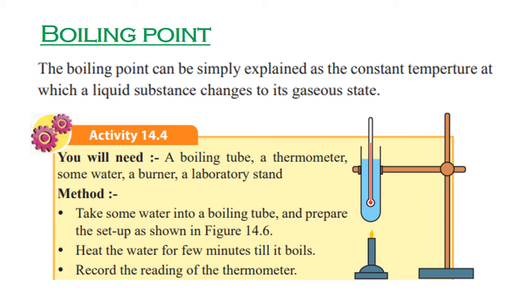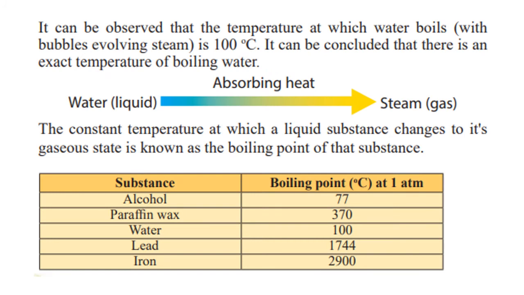This is the temperature of boiling. So it can be concluded that there is an exact temperature of boiling water. The constant temperature at which a liquid substance changes to its gaseous state is known as the boiling point